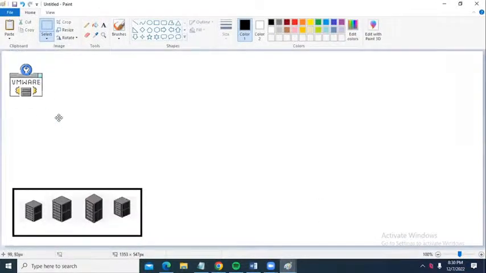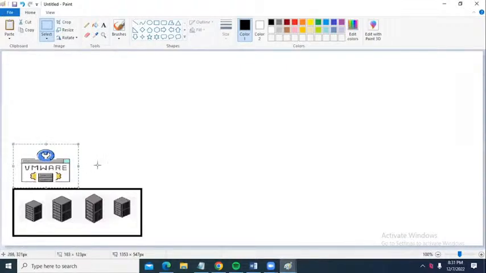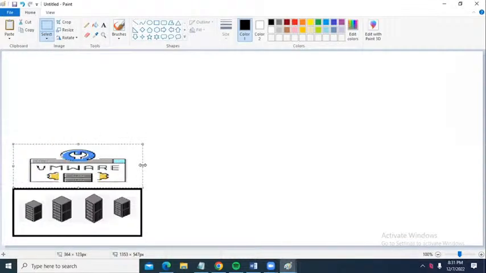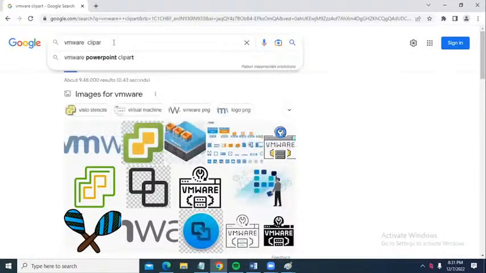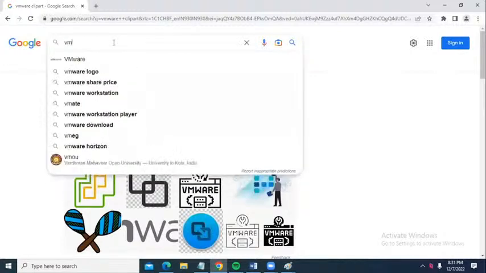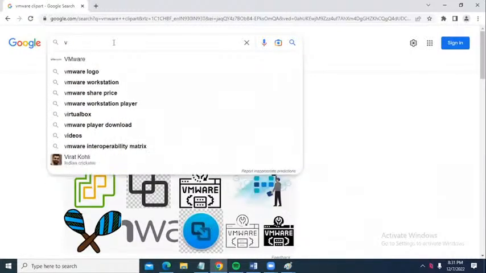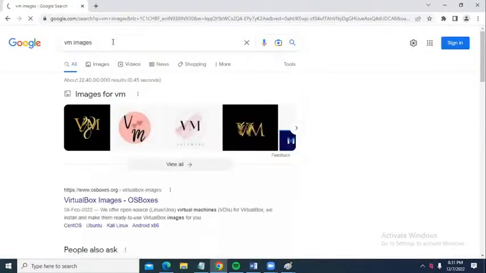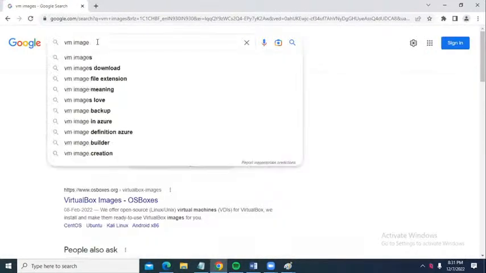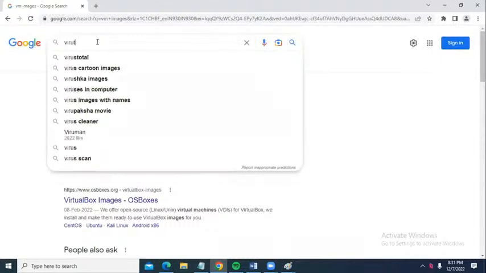On the top of this, they used to install the VMware layer. On the top of this VMware layer, they used to create virtual machines, VM or VM images.